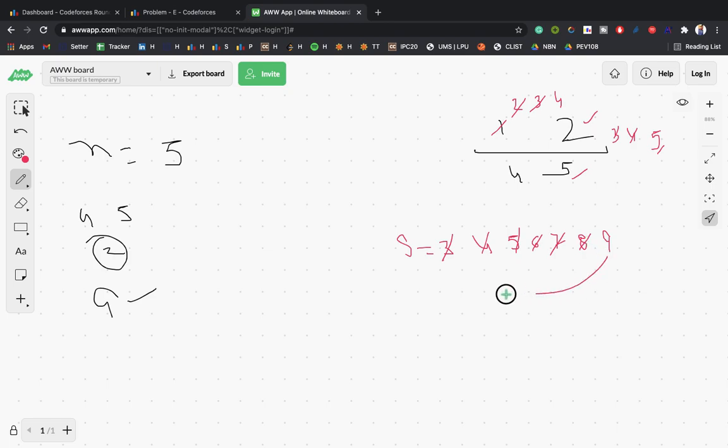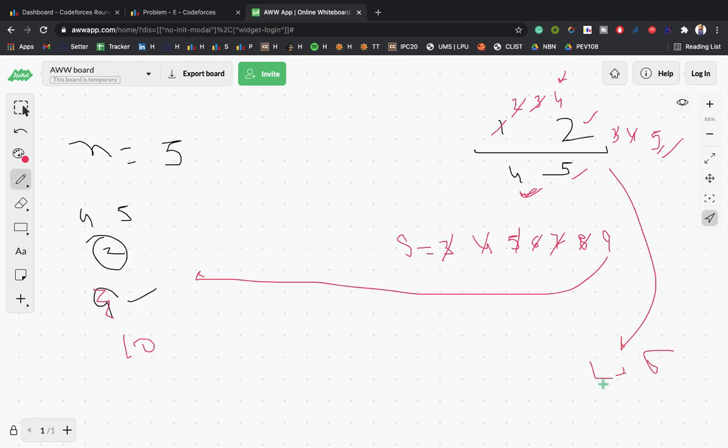Here I will stop because these two sums are equal. If the required sum is 10, let's suppose the required sum is 10, but I have to stop here because I can't make this element more than 4, because 5 is present and the second largest element should be 4. So I will stop here, and after doing all the operations on the L to R range,